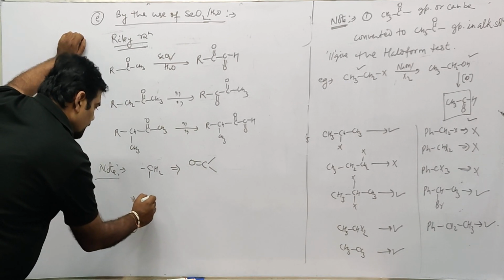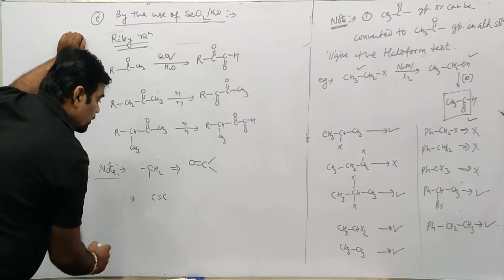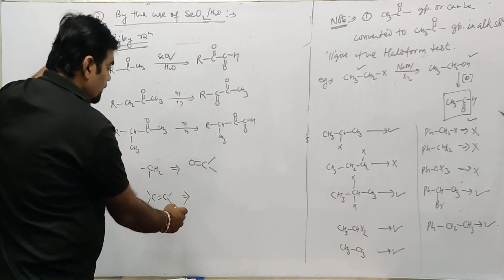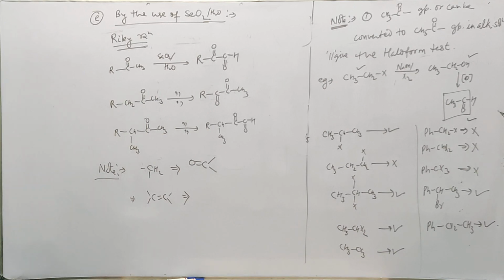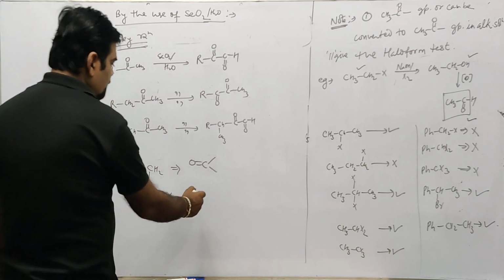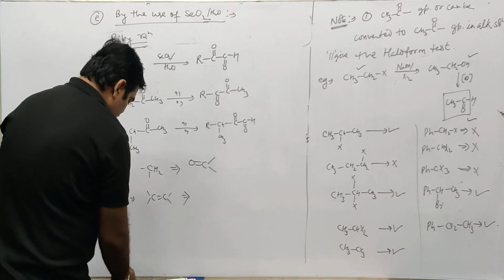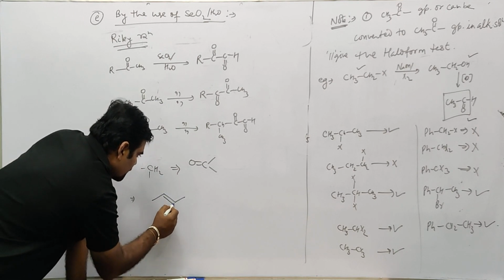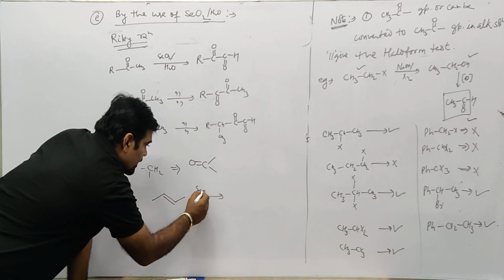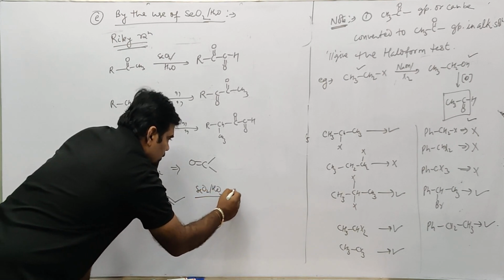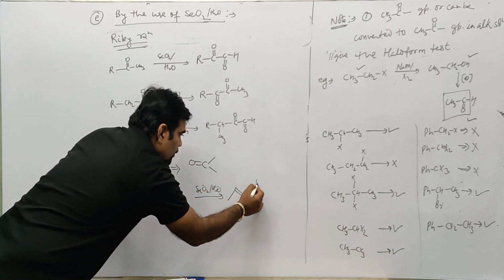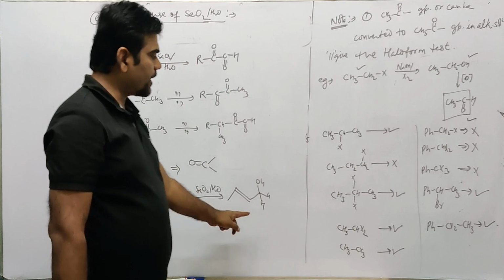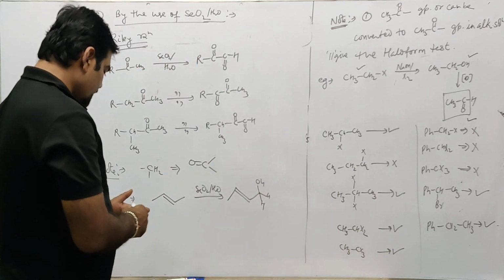Second point is, if there is carbon to carbon multiple bond, then carbon to carbon multiple bonded alpha position or adjacent to carbon multiple bond, that group is converted to OH group. What does it mean? Let's say we have taken this example. Suppose we have double bond over here and we use selenium dioxide water. So this is converted to COH, H and H. Further they can be oxidized to aldehyde or ketone, that is a different issue.